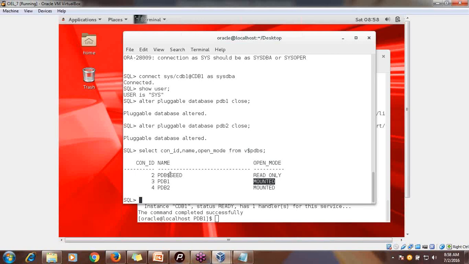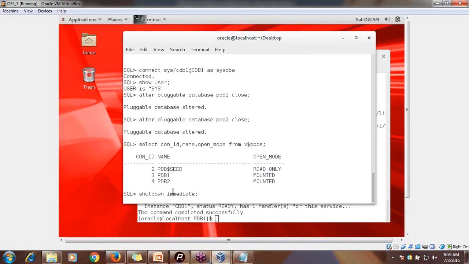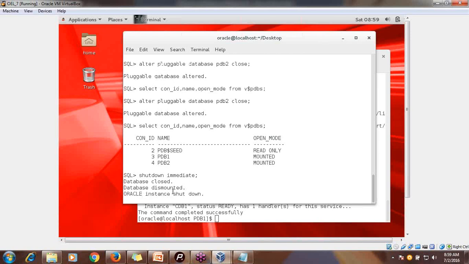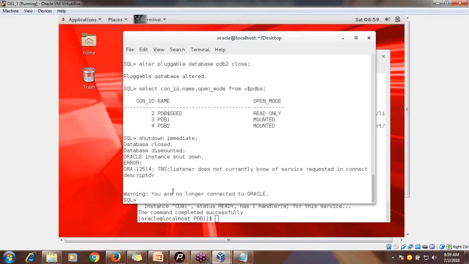Fine. And at the end I am shutting down my database. Shutdown immediate. Which database am I shutting down? The CDB database. Okay. This is my shutdown immediate. So the shutdown and startup process is the same as 11g. But whenever you are dealing with the PDB level, you need to first of all check whether the PDB is open or not. If it is not open, you need to issue the command to open your pluggable database. If you want to close, you can close your database. And at the end, you can shut down your CDB database. Fine. So the instance is shut down, and just exit.